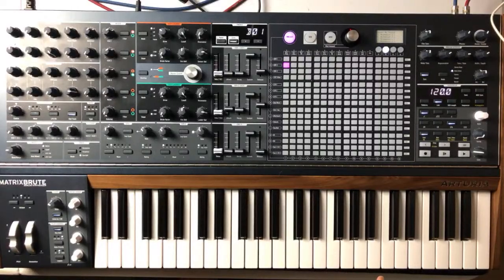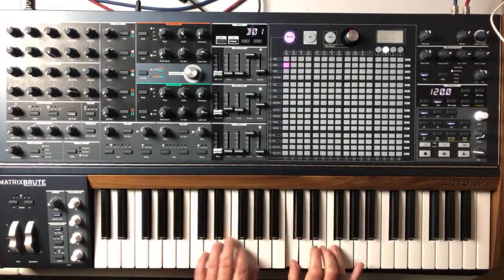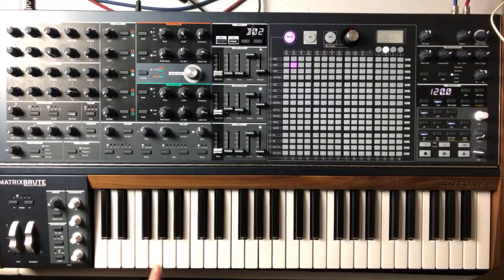Not sure if I've got my sustain pedal plugged in. I thought I had actually. But anyway. Need to adjust the polarity. Pedal polarities, man. God, why can't that just be a standard, you know? But you can do the same effect with keyhole. See, if I press the sustain pedal now, we get a...